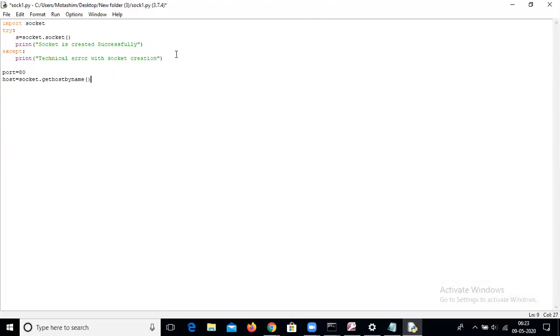Inside this we have to pass the web address for which you want to find the host address.